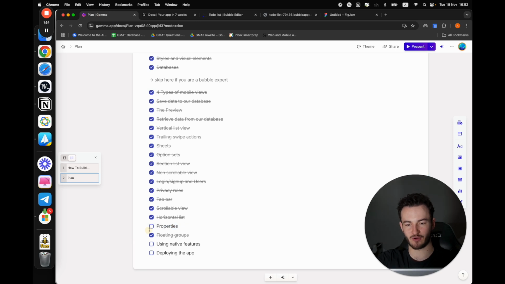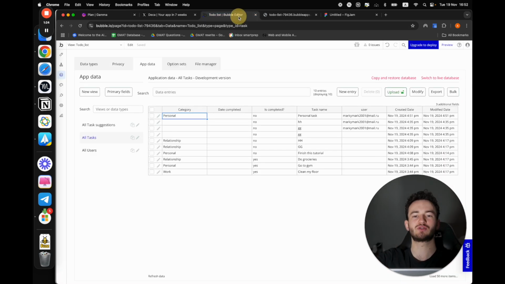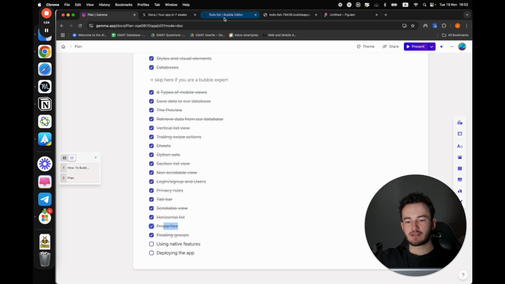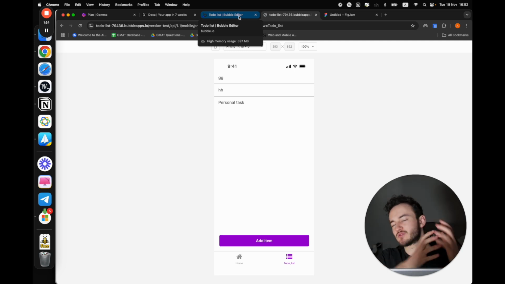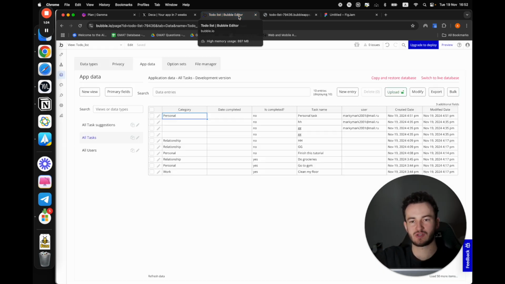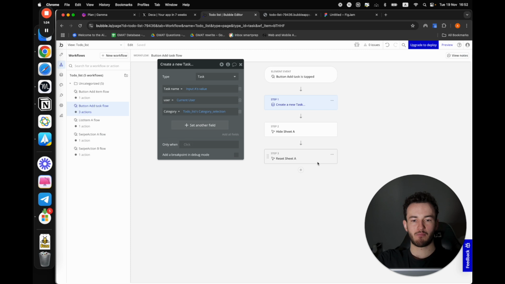Okay, let's go back to our plan. We have mastered properties now. The final thing that is left for us, or two things more actually, and then you have literally mastered 80% of the mobile editor, is first of all using the native features. Mobile does have native features, which is sometimes opening a camera or lightly vibrating the device, and they're going to be added to Bubble as we go, because this is a very early stage of the mobile editor. But to use them, we would go to the workflow editor as we usually do,